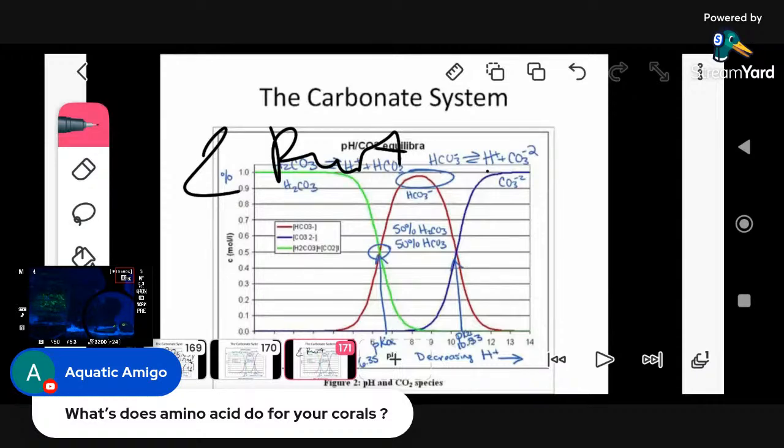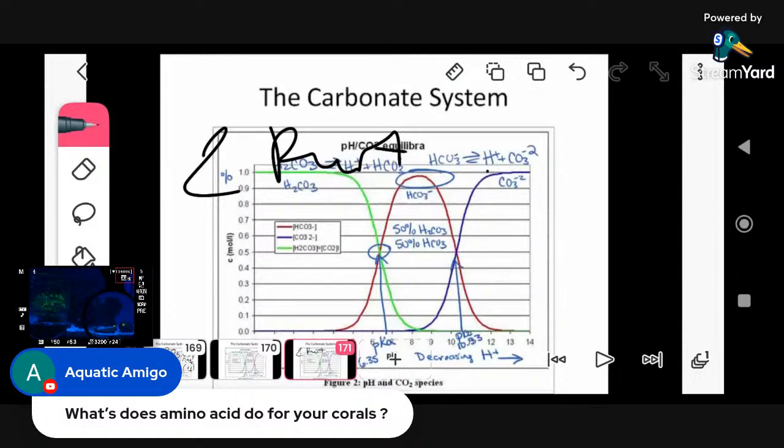Since your algae and your corals are using sugars and proteins to grow, and your corals are also consuming food, the little bit of amino acids helps them. You know what I mean? Your corals can get aminos through food also, but if you're not feeding corals, just adding liquid aminos really helps them. I don't feed my corals, so I use a lot of amino acid in my system, probably a lot more than most people.